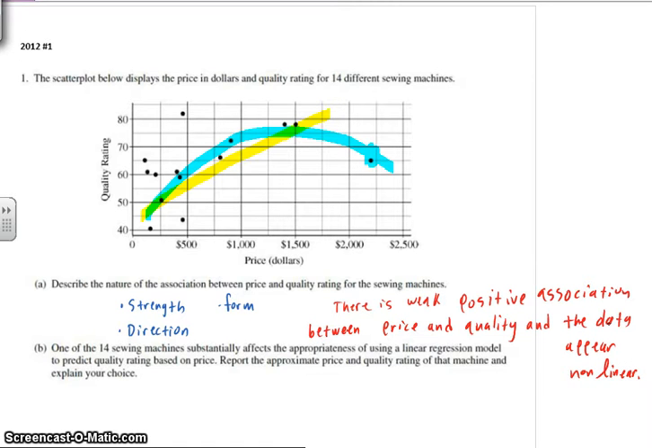Okay? So now it says one of the 14 sewing machines substantially affects the appropriateness of using a linear regression model to predict quality based on price. Report the approximate price and quality rating of that machine and explain that choice. Well, that's this point right here. If we had all but that point, there would be a clear linear relationship. Without that point, it doesn't look linear. Okay, so it's as simple as saying that, that's about, the machine